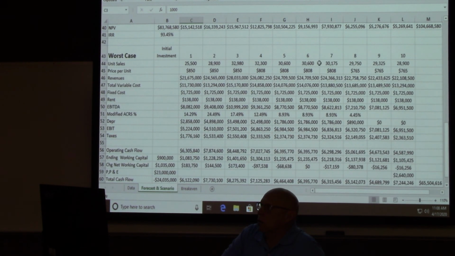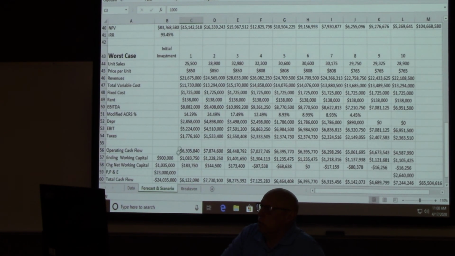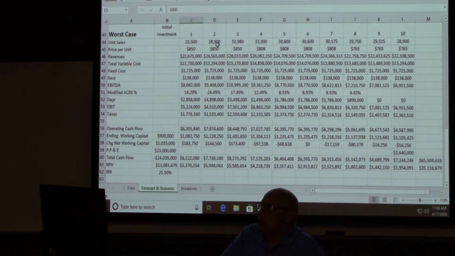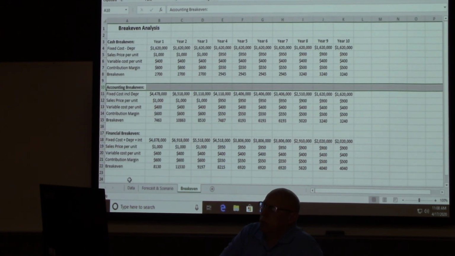What year does that happen? That's in year 2. So in year 2, we're expecting 29,000 units. So we're way above our break-even. So there's our break-even analysis, and it looks like we have